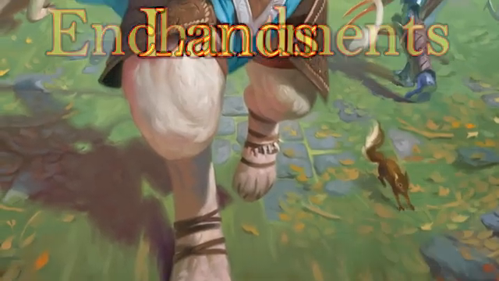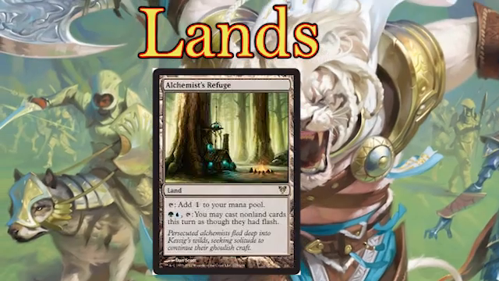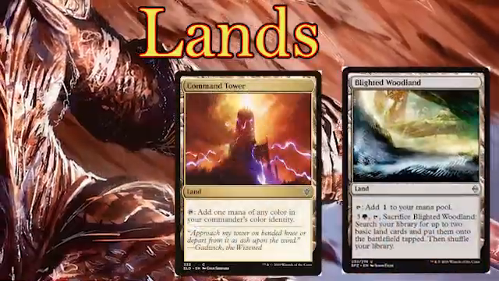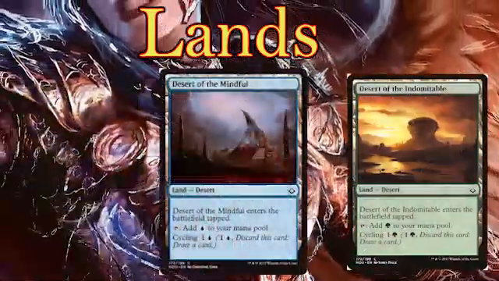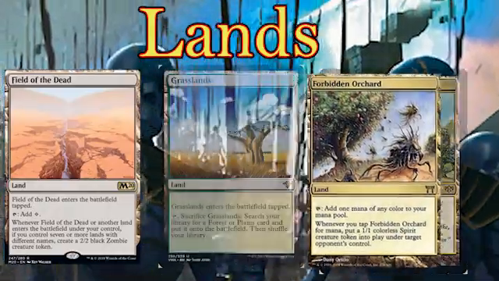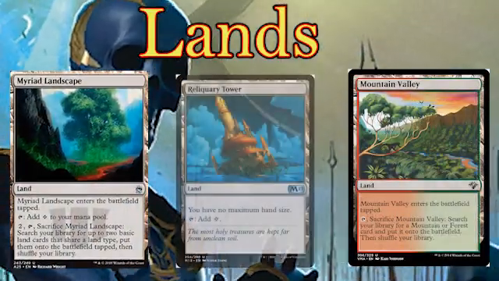Is that it? No, then we've got lands, except for lands. Yeah, oh yeah, and we'll just quickly go through the lands. So, Alchemist's Refuge, just a general one that lets you play spells with flash. 1 Alchemist's Refuge, 1 Ash Barrens, 1 Bad River, 1 Blighted Woodland, 1 Command Tower, great card, 1 Desert of the Indomitable, I always say that word wrong, 1 Desert of the Mindful, 1 Exotic Orchard, 1 Field of the Dead, banned in standard, another great card, creates a lot of zombies in this deck, 1 Forbidden Orchard, 1 Grasslands, 1 Hinterland Harbor, 1 Lonely Sandbar, 1 Mountain Valley, 1 Myriad Landscape, that's a ramp land, 1 Reliquary Tower,